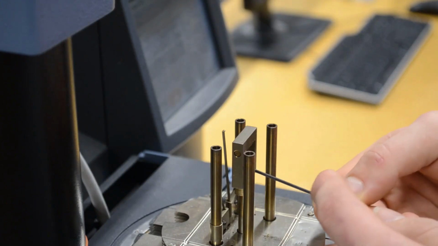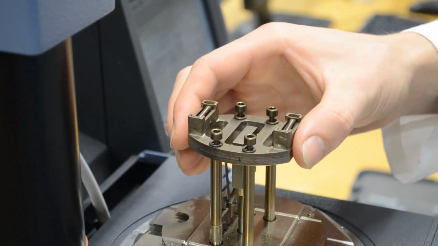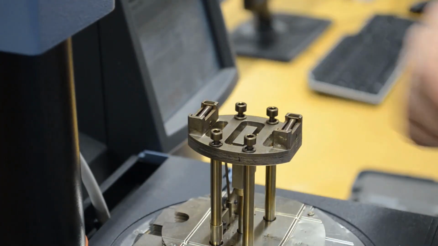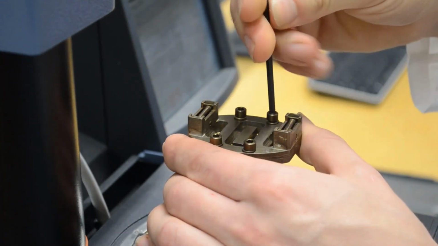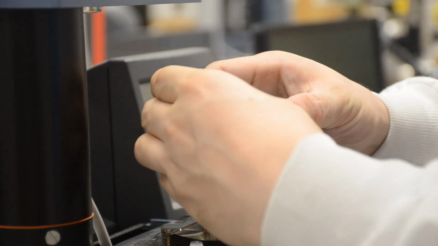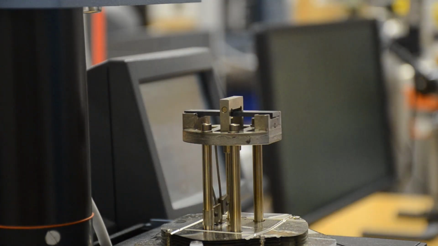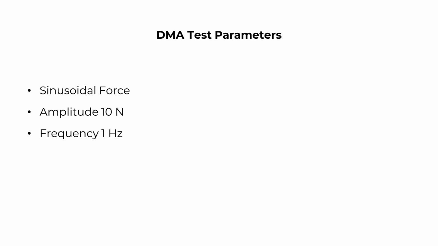We will install the selected fixture into the DMA. For our fibre-reinforced thermoset samples, we will use the 3-point bend fixture, which lends itself well to stiff samples. We will place the sample in the DMA and align it. We will now program the test. We will apply an oscillating force of 10 newtons at a frequency of 1 Hz. We will ramp the temperature at 5 degrees C per minute, starting at room temperature and ending at 230 degrees